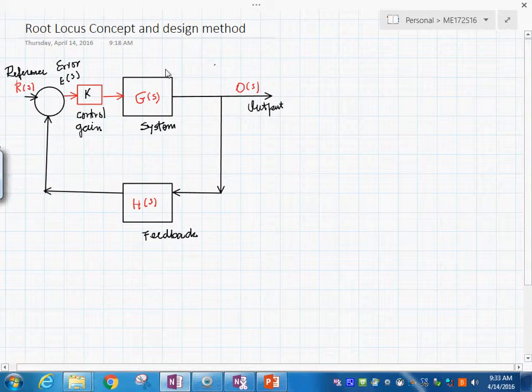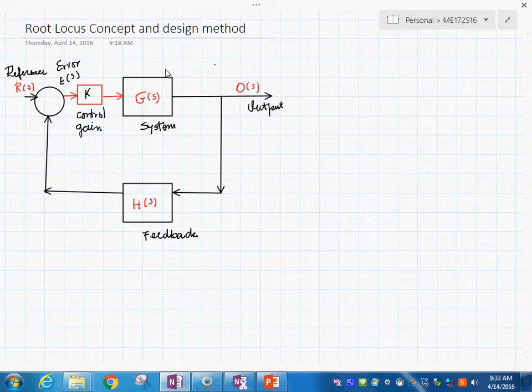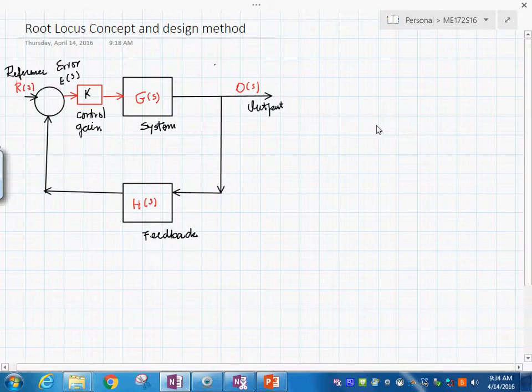Obviously, when you come up with such a brand new concept, there might be some people that do not believe you, and in fact that's what happened to him. For about 15 years the IEEE would not publish his paper, and nowadays every control system book, including yours, has this method in it. Because what he said is that if you have this loop,